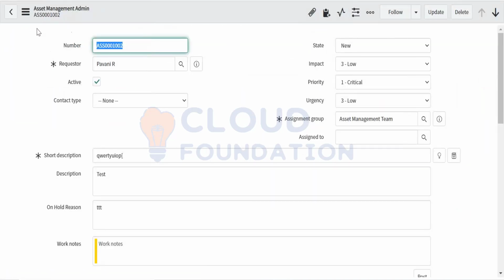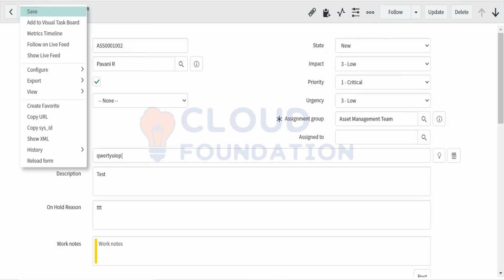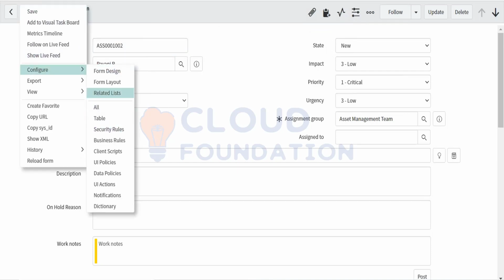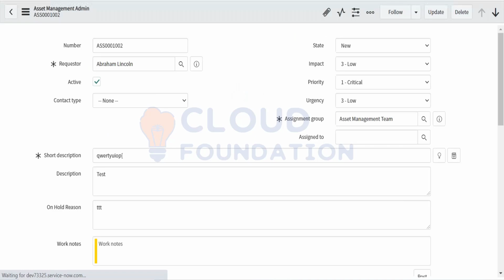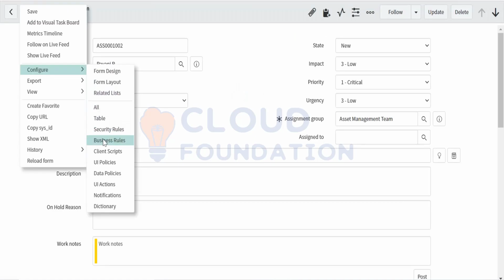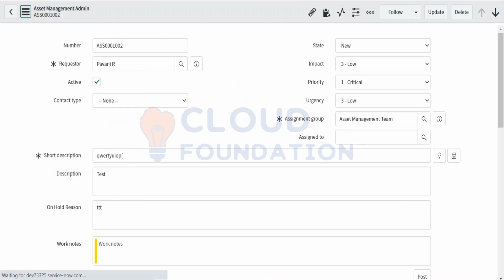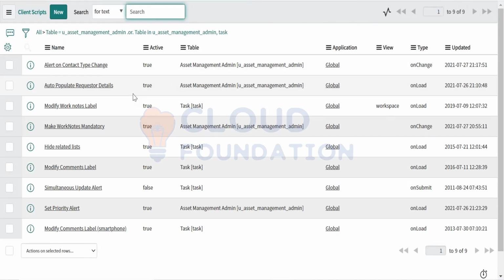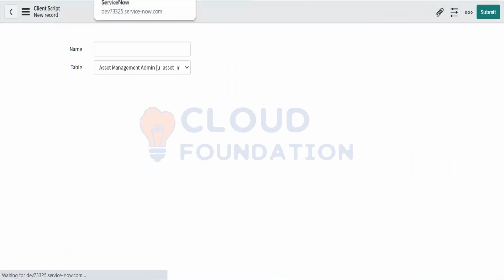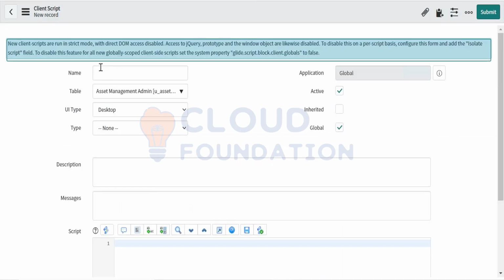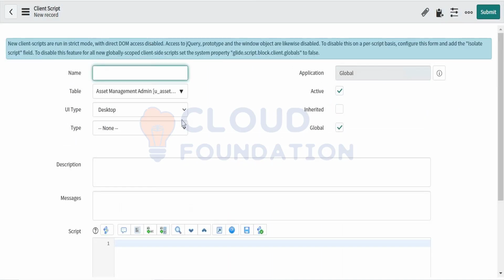Now I'll just disable this alert. Another client script that I wanted to write is on submission. On submission will work only when the form is submitted and it does some validation. Mandatory fields, for example. Like one example I would say is that,